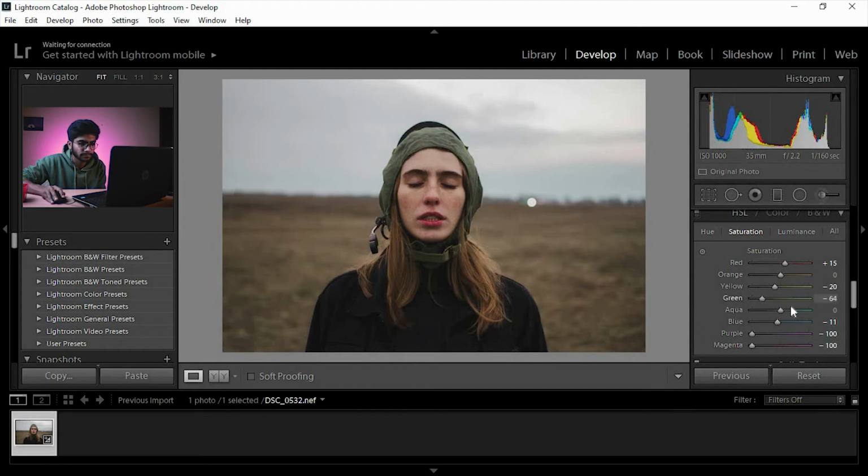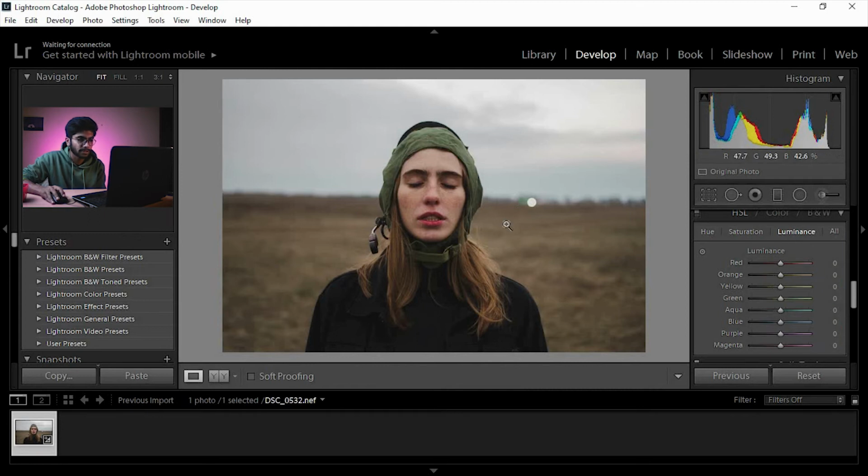Green, I think we did this part, but it's affecting her cap, but I would like to give a pop to her head, and cap is also a part of it, so let's increase a bit of its saturation. I don't want to go for too much. I guess 15 will be okay.